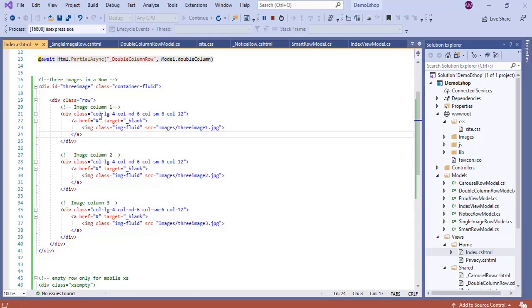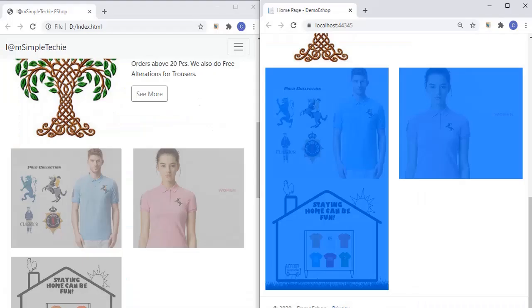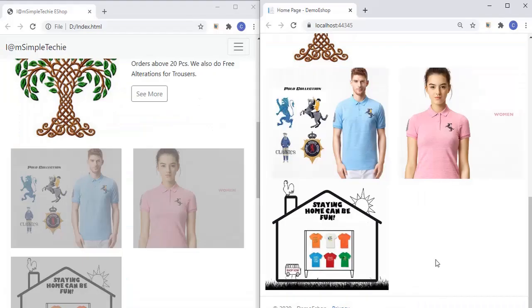The same classes are copied to column number 2 and column number 3. So it looks very simple; except for the image name, all the rest of the things are the same for all the columns. Let's compare our project output with the final output in the small and medium display.